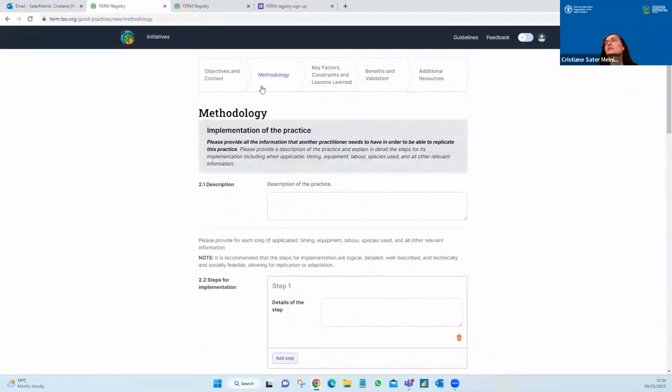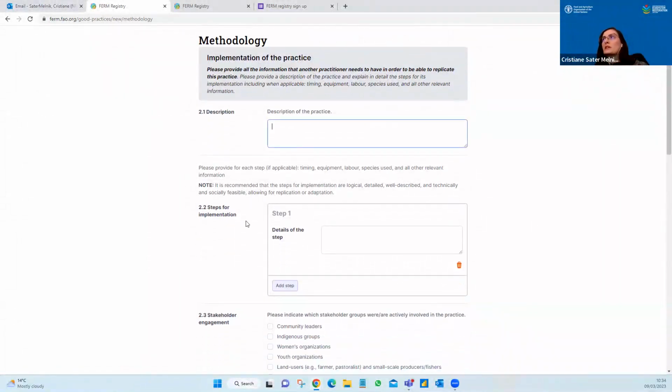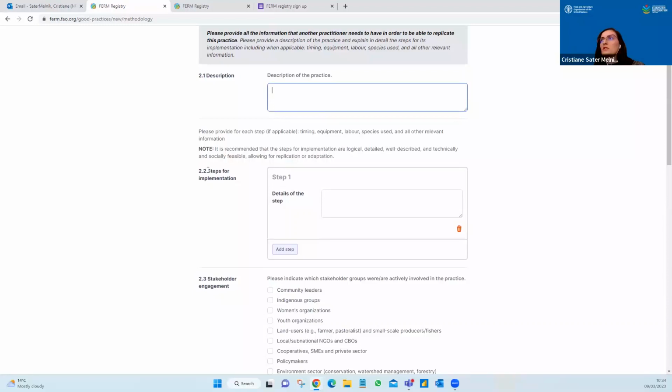Okay, so the next tab of the Good Practices form is on methodology. This section is about how you implemented the practice. Here we're going to ask you about steps for implementation, stakeholders engagement, participatory approach, the scale of the practice, and replicability. I'll go through here quickly, and I'll stop in the steps for implementation, bringing the example I have,